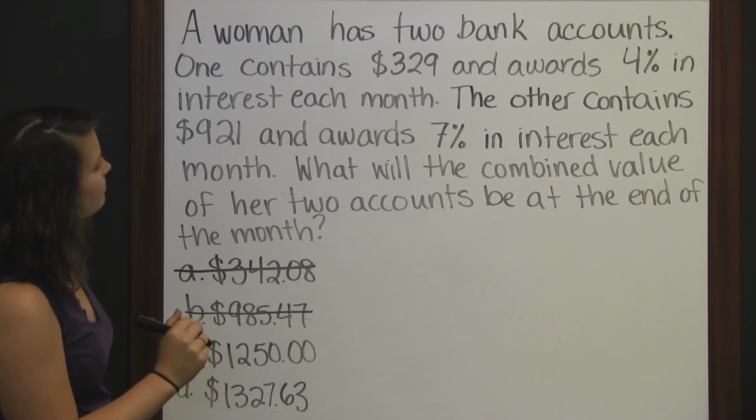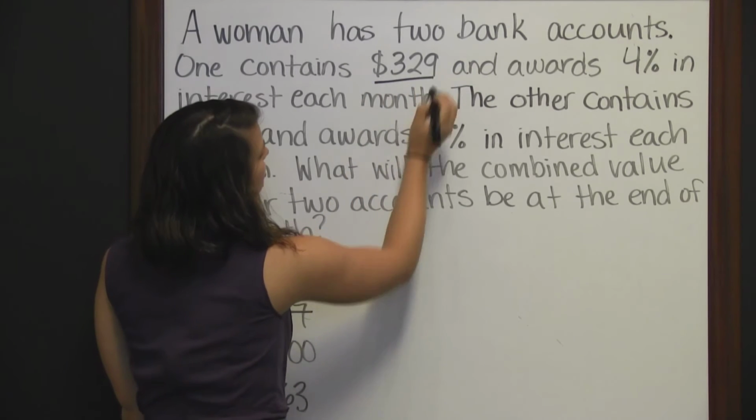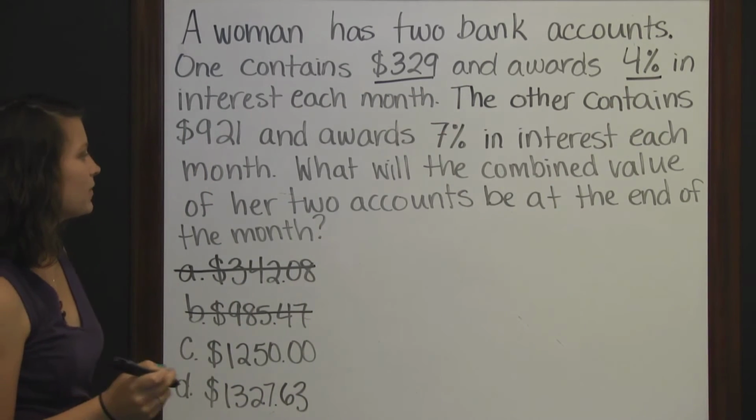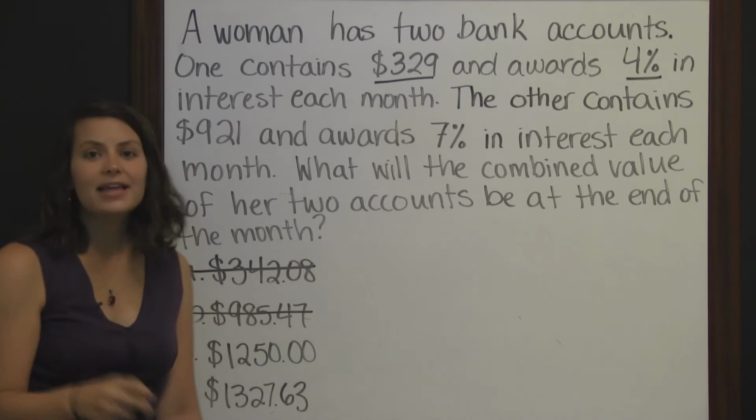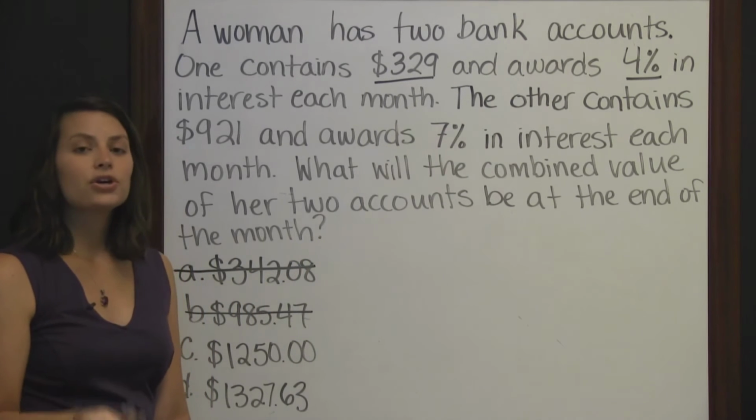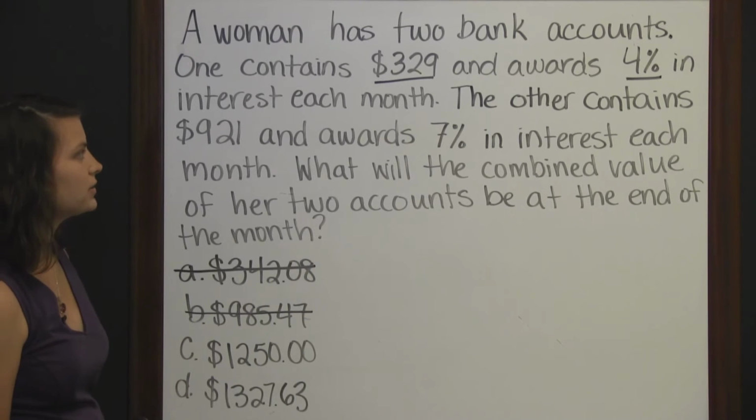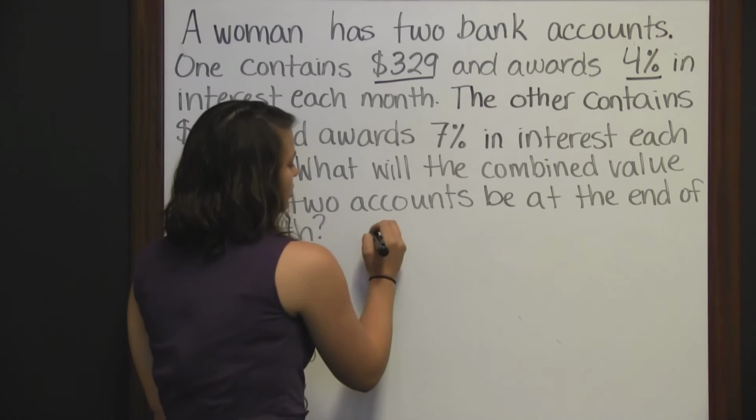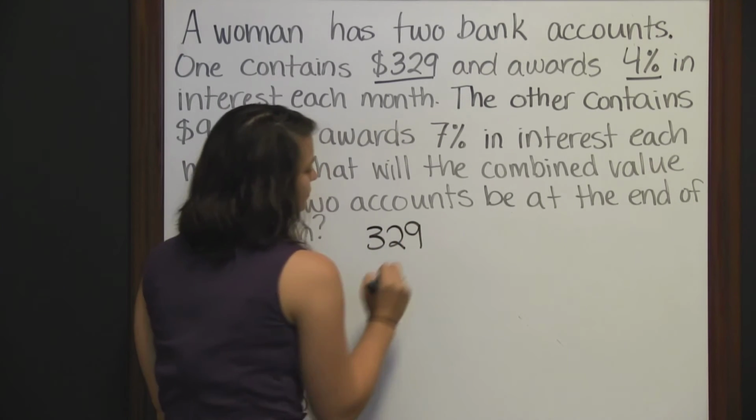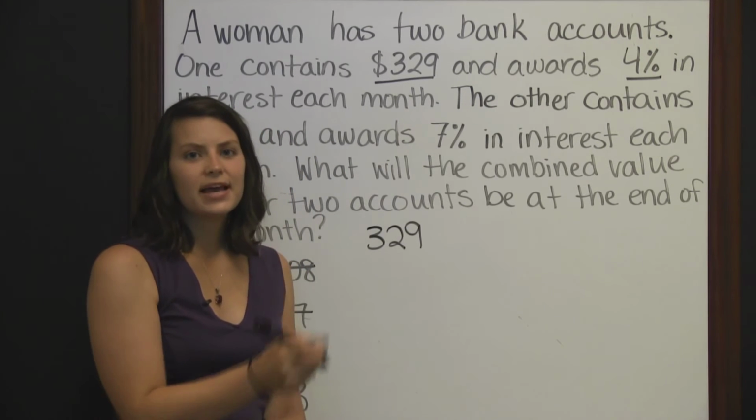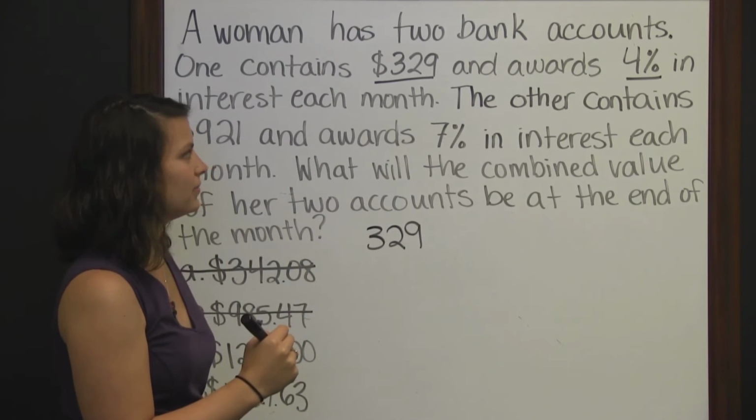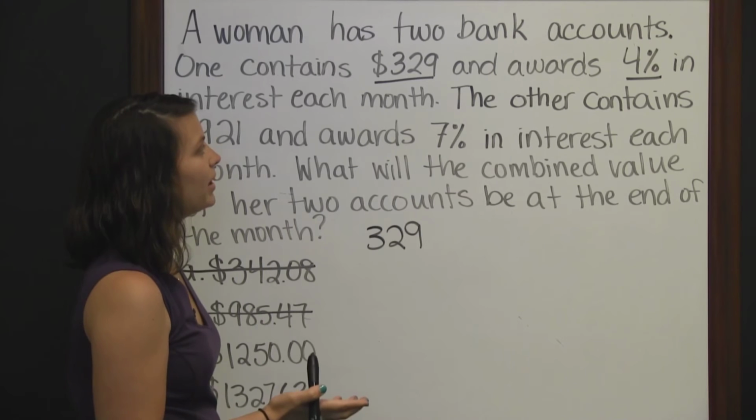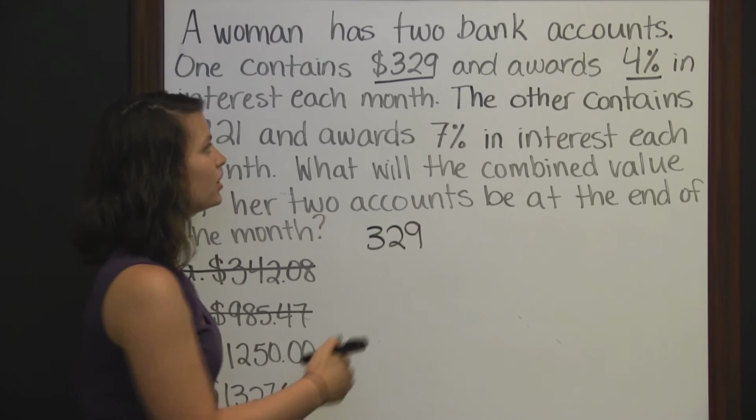So it says her first account is $329 and she gets 4% in interest each month. We're trying to find the combined value at the end of the month, which means that she has earned that interest for each one of her accounts. So let's start with the account with $329 in it. She has $329 and she earns 4% of that every month. Of means to multiply. If we want to find out how much interest she earns on an account, we need to multiply